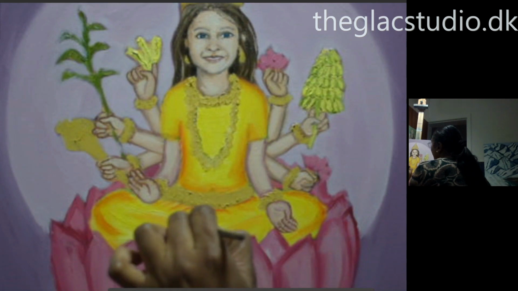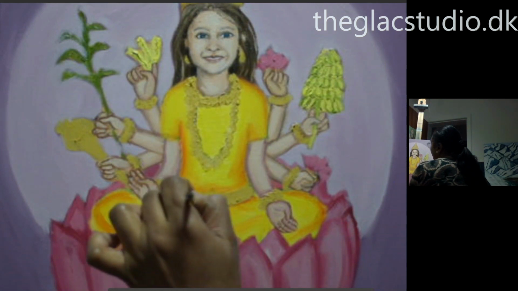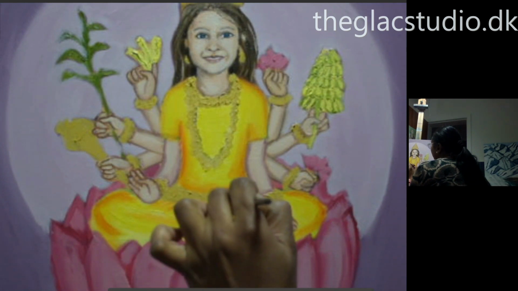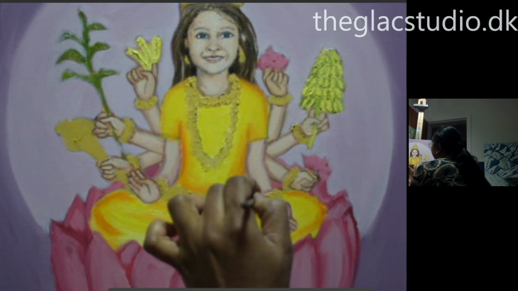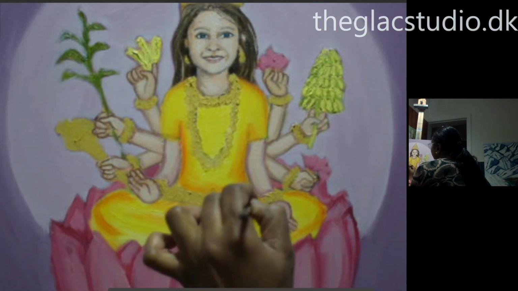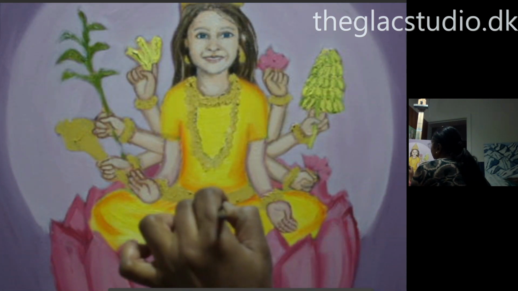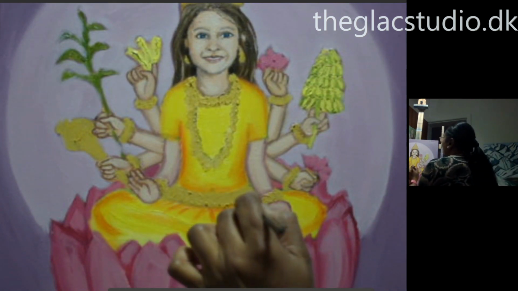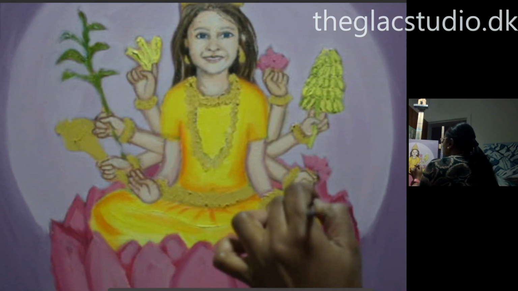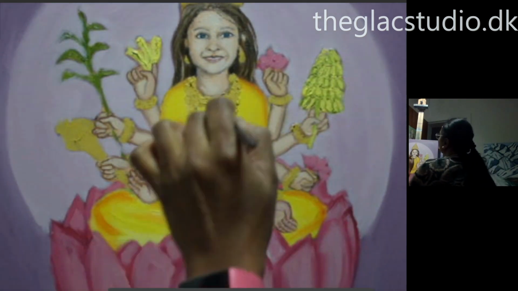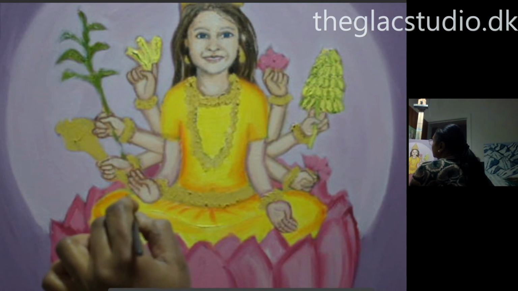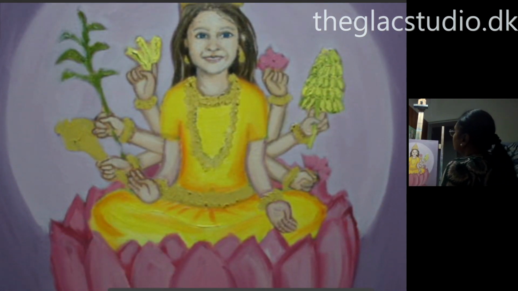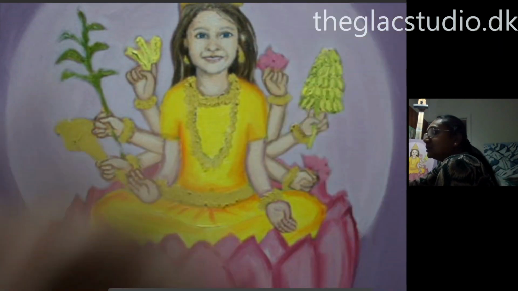And also the frills of the skirt that I want to show. Leaving it slightly darkened underneath that belt. We will work on the jewelry in the next session possibly. Let's see. That is fine now. Let's now start working on the